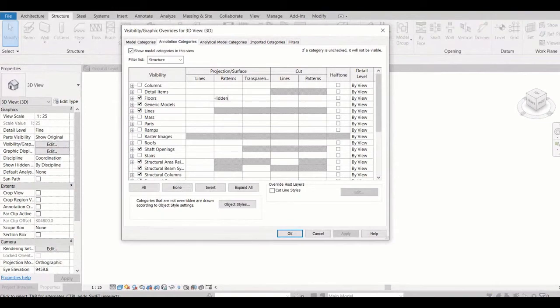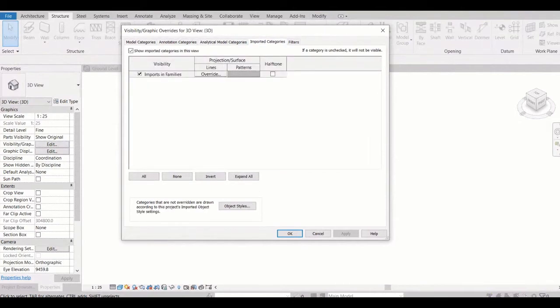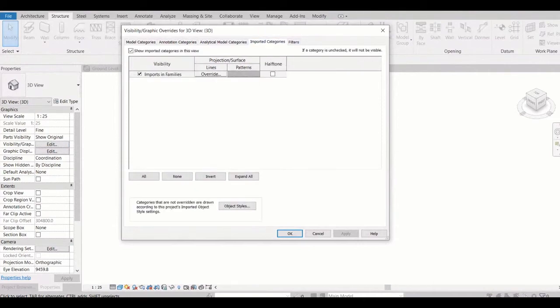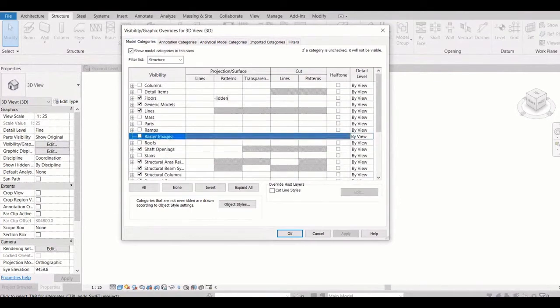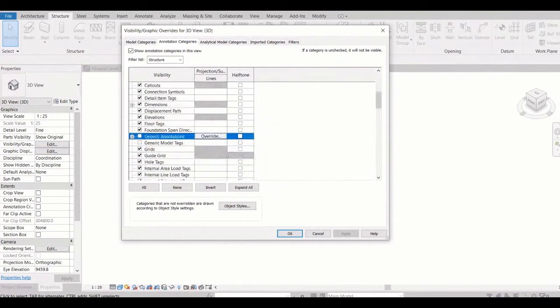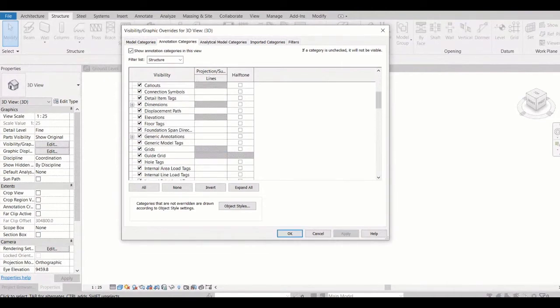So this is model category, then this is annotation category, this is analytical model category, and this is imported categories, like if we attach or import any files. I want to see the grid and level, so that will be annotation. Here you can see grids, but I cannot see those grids over here. Generic annotation, apply.